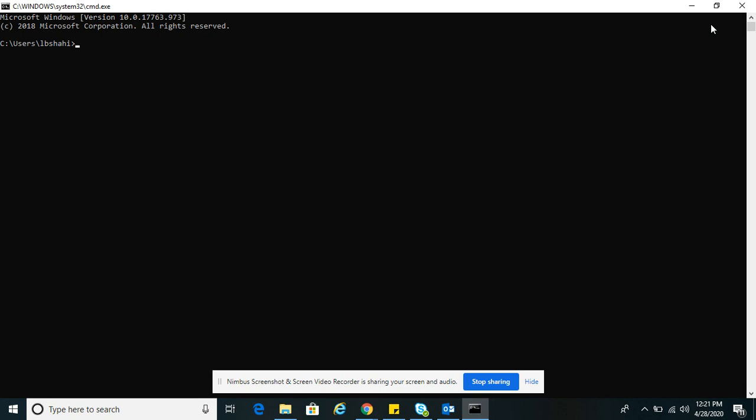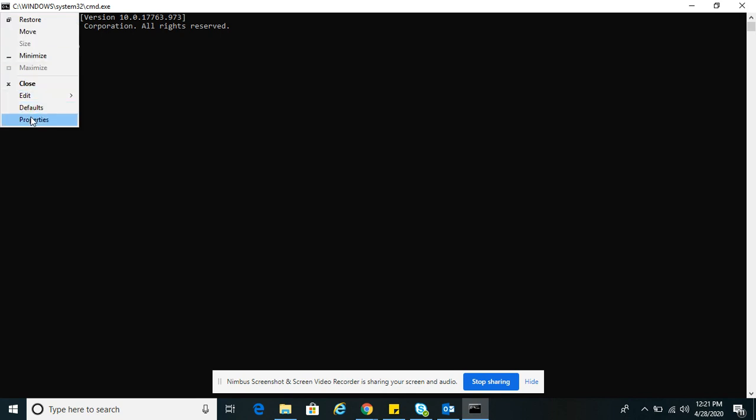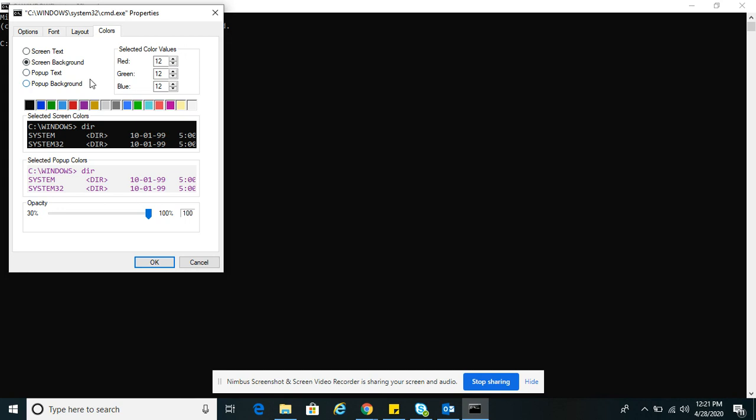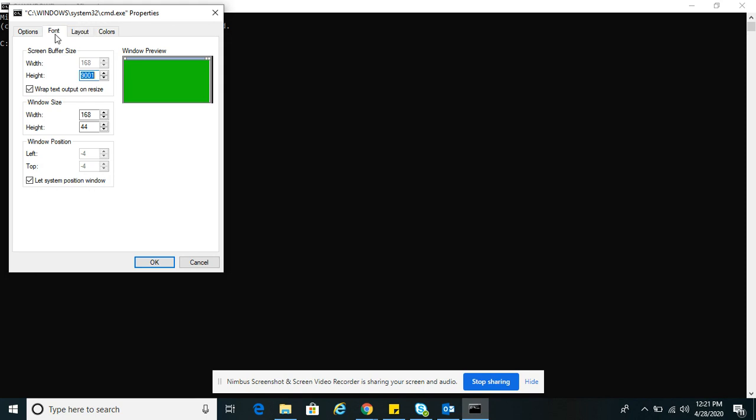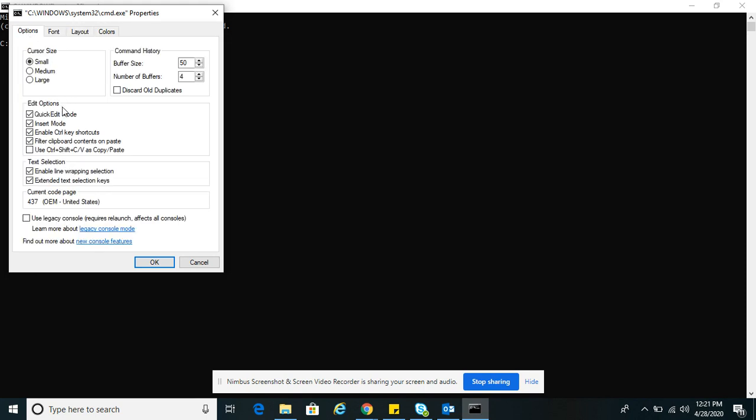It's very easy. You can go to your laptop or PC and simply press Windows R, then this window will come. And if you don't like the black color, you can go over here to properties. You can simply change the color from here. You can change the layout, fonts, and options. Always ensure that the quick edit mode is checked so that you can simply copy all the commands or all the real-time information that is showing in your Linux display.